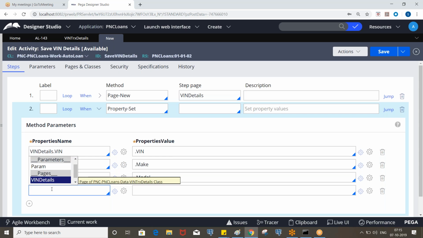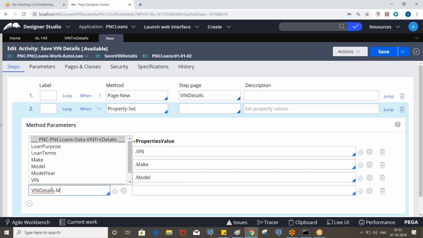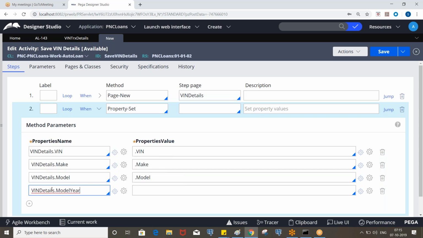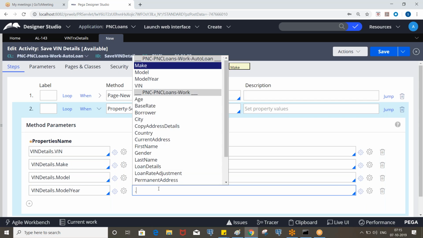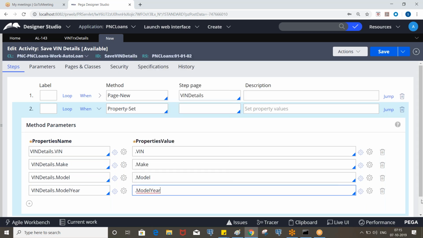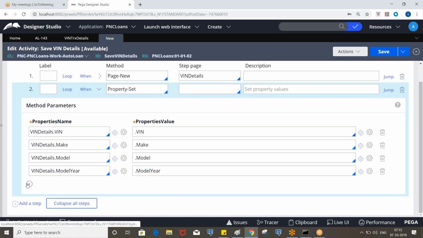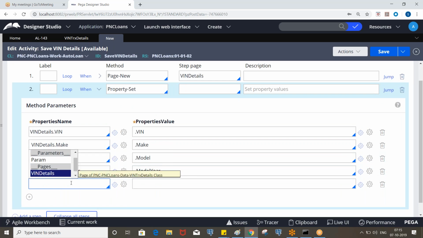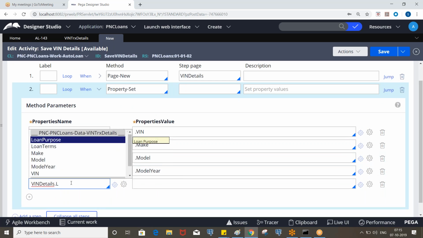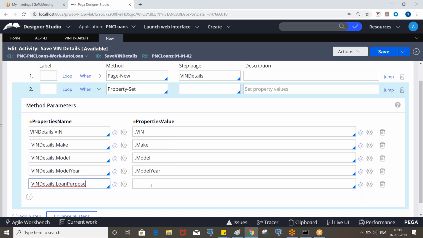So win make model ES, and so we have a loan purpose and terms, right? So win details dot loan purpose. So here what we need to put, so where we have a loan purpose property and at the loan details, right?